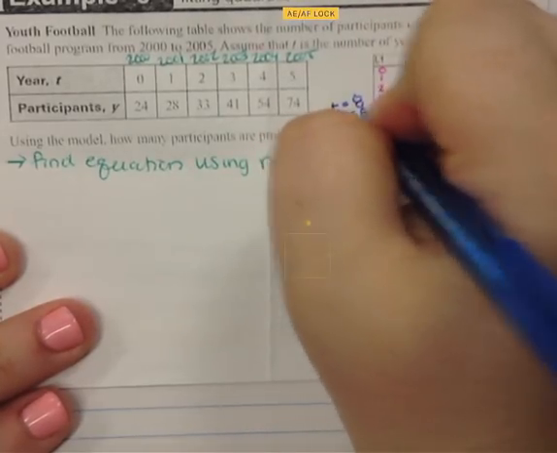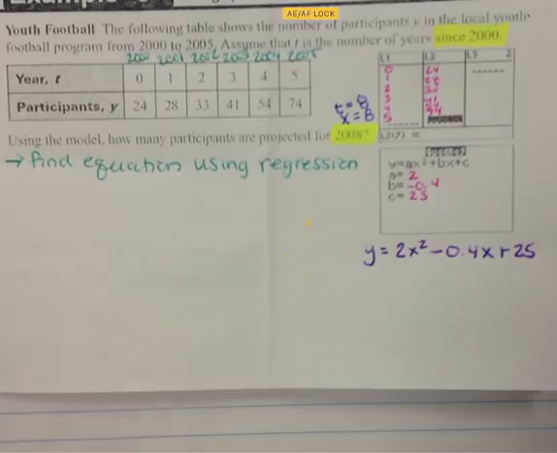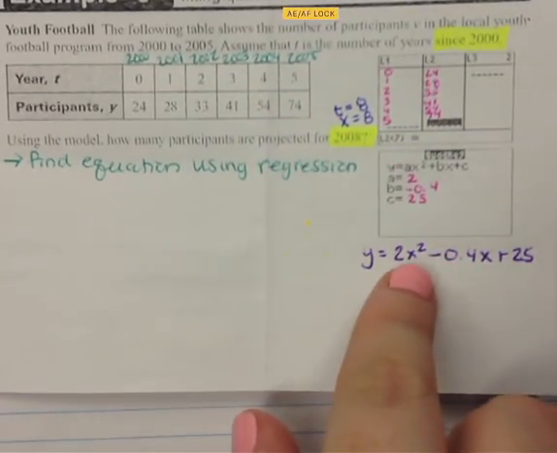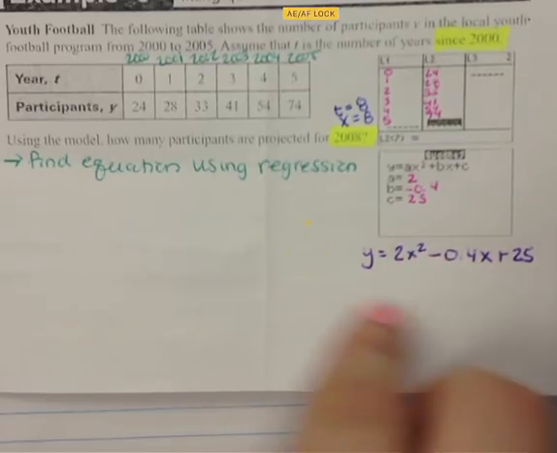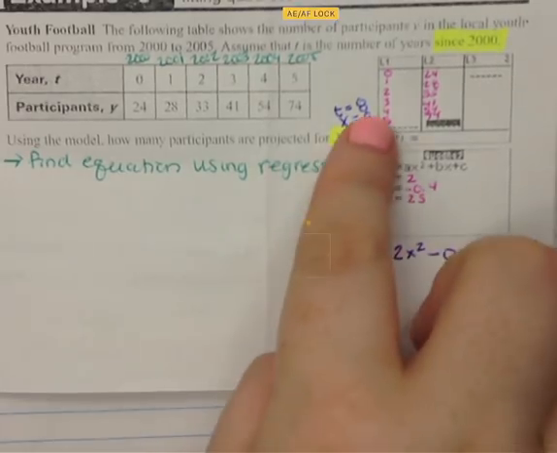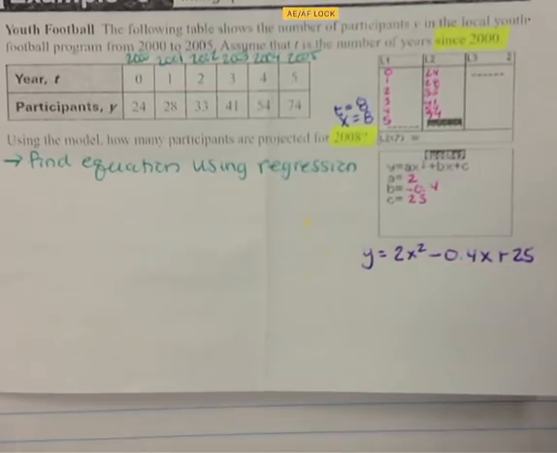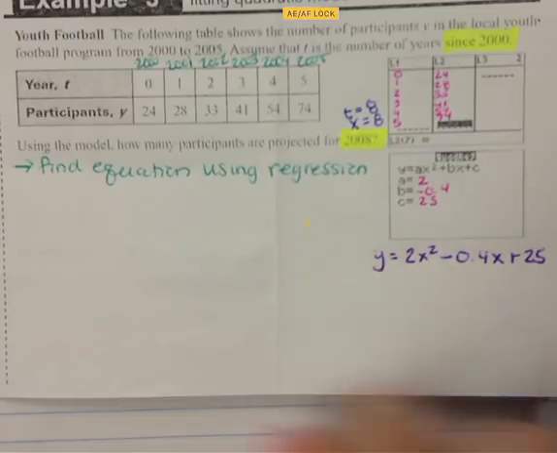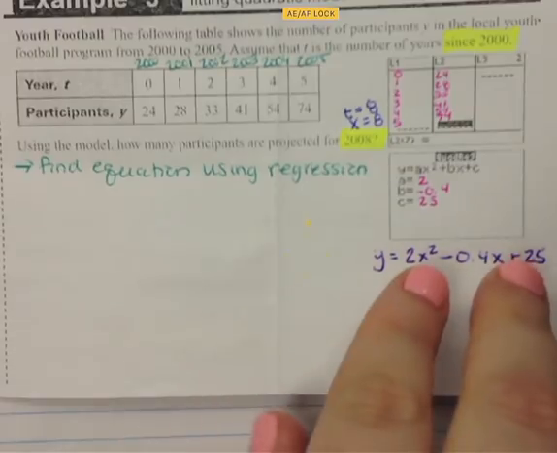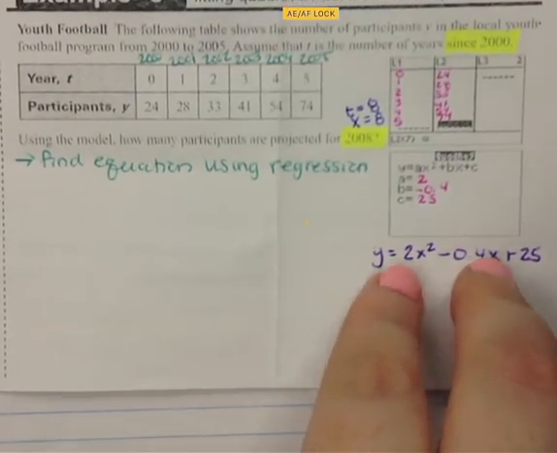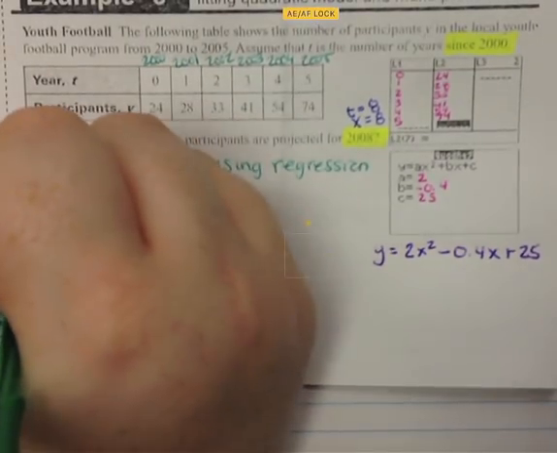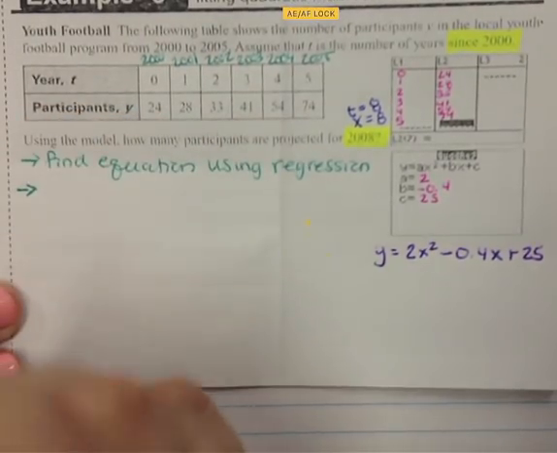X equals 8. There are 2 ways to do this. You can plug the X value into your equation, but again, this could be a rounded equation, so you have to be very careful about that. You can plug in 8 for your X values and solve. However, because we used the Y-Vars, the exact, non-rounded equation is still inside our calculator. So instead of plugging it in ourselves, since it's already in our y1, we can look